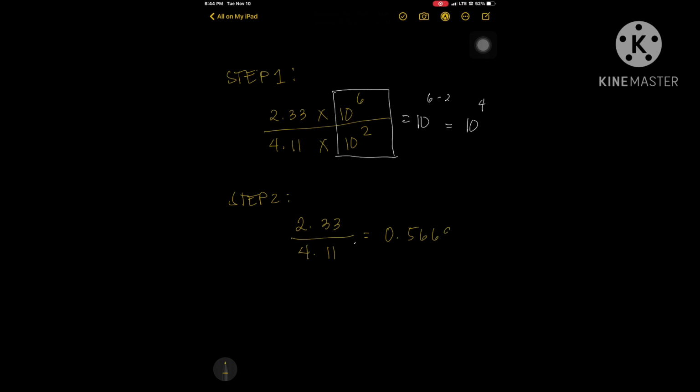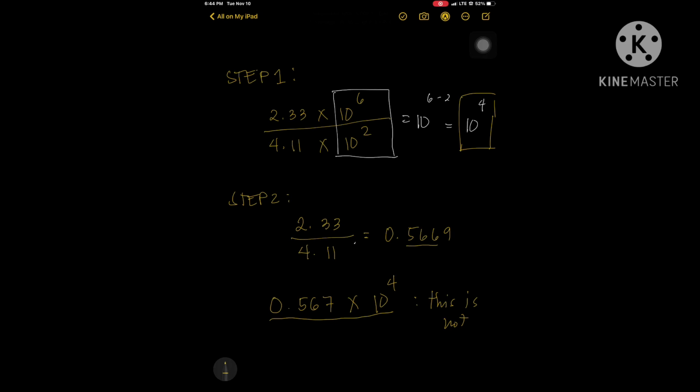So we have 2.33 over 4.11. So using again your calculator, you can easily find the quotient of these two numbers. So we have 2.33 divided by 4.11, that will give you